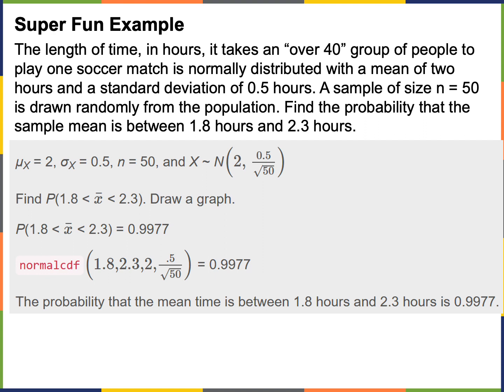Then we say x bar, this actually should have a bar over it, is normally distributed with a mean of 2, same as the original, and a new standard deviation of sigma over square root of n. So the original standard deviation divided by the square root of the sample size of 50, okay? So why do we know to do this? Because it's asking the probability of the sample mean. So that's the keyword that tells us we need to use a different deviation, okay? So we're finding the probability that the sample mean is between